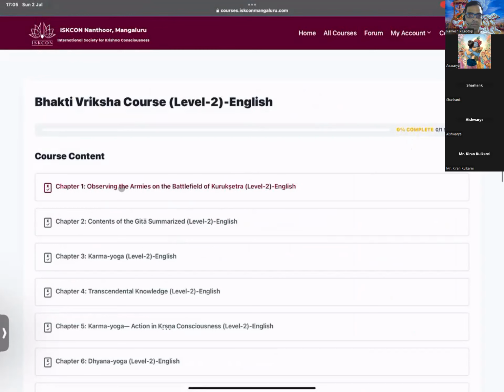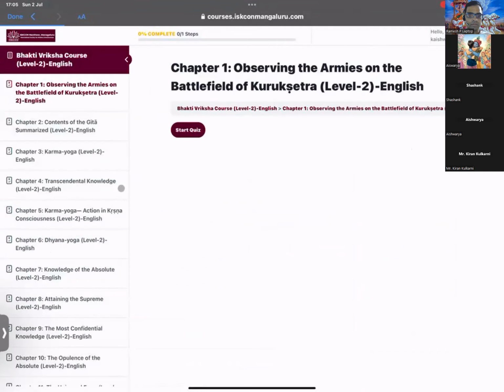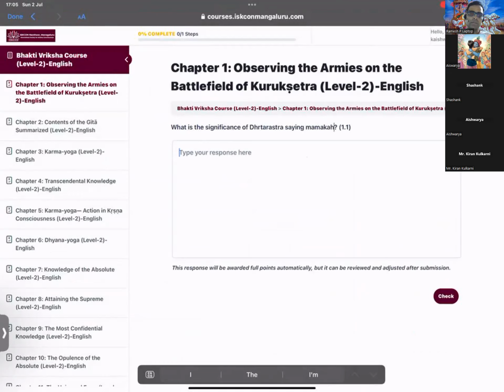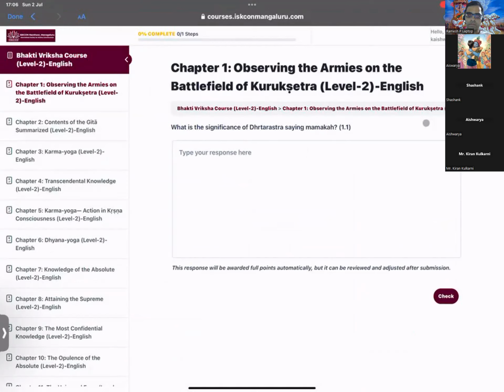After every session, on Saturday, Sunday, please sit on Monday and finish these quizzes because it's easier. Just click on start quiz and you can start taking the quiz. These answers could be somewhere between 1 to 2 lines. This can be found in the first chapter, first shloka. These kinds of hints will be given to you. If there are any doubts, please message me in the group.